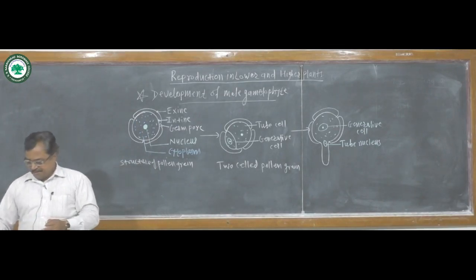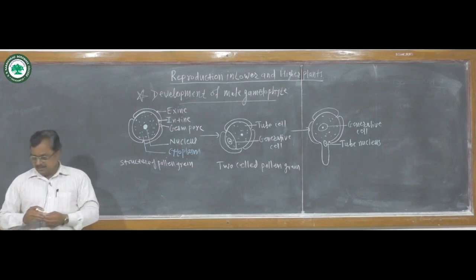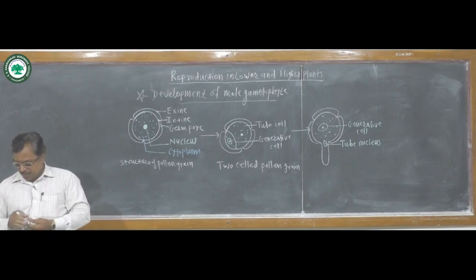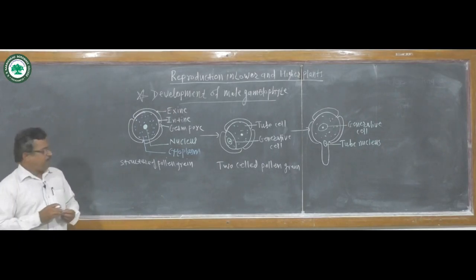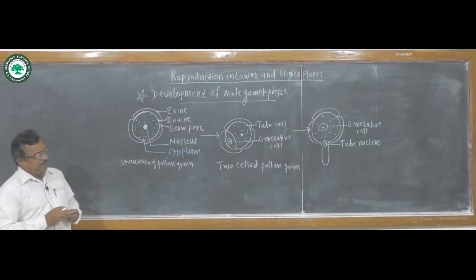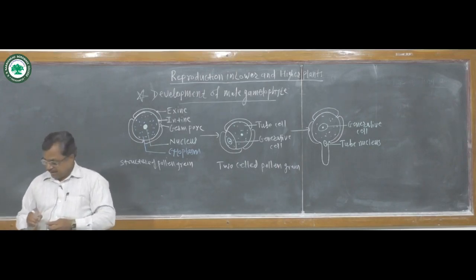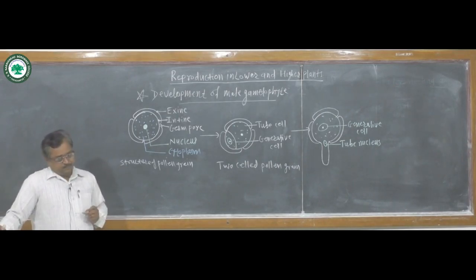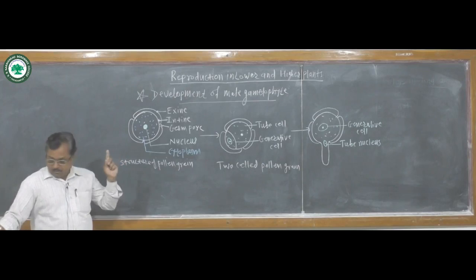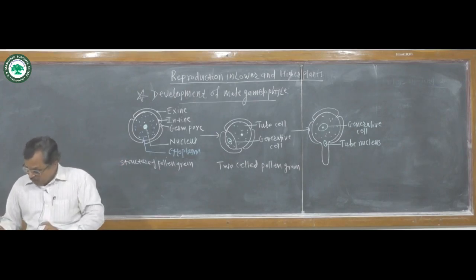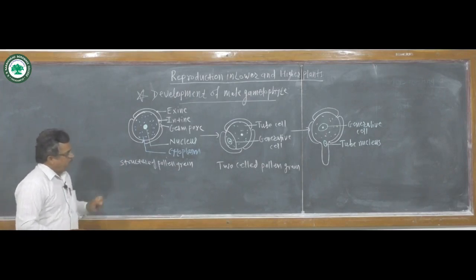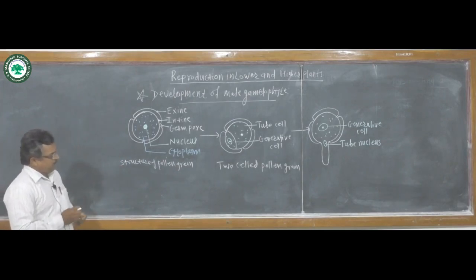The microspore or pollen grain is the first cell of the development of the male gametophyte, and the development of the male gametophyte is endosporic, meaning it occurs within the microspore or pollen grain. It involves 2 mitotic divisions. During the development of the male gametophyte, 2 mitotic divisions occur.